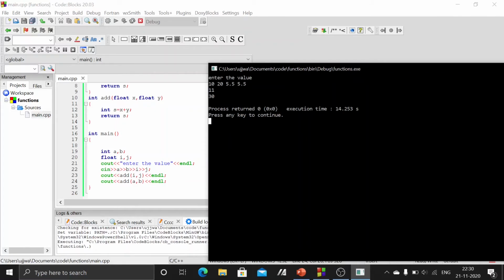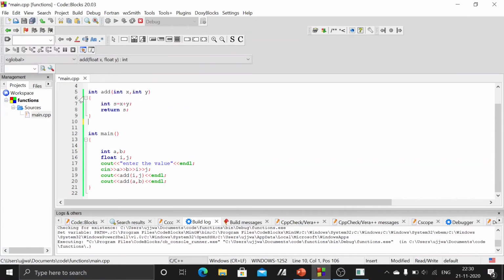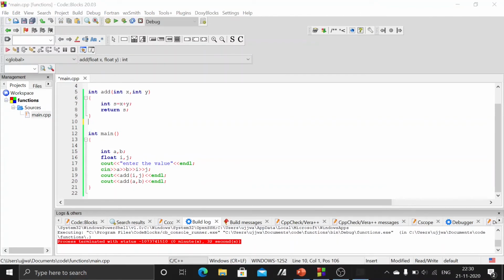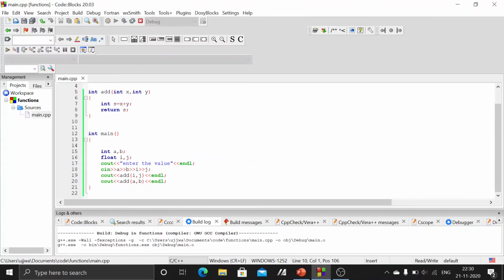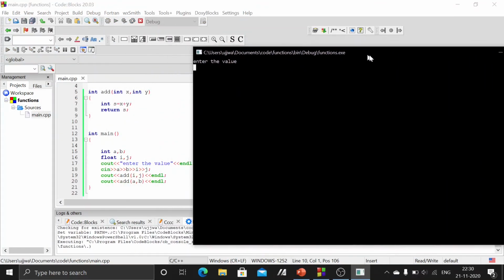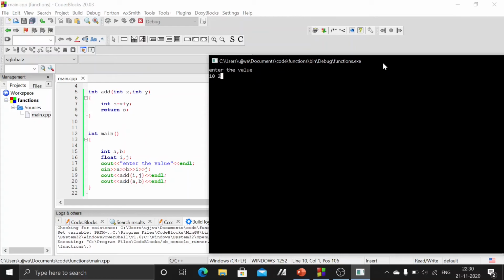But instead, if I don't have this function, and now I run the code with the same values, that is 10, 20, 5.5, 5.5, first of all for 5.5 and 5.5 you can see it gives me the value 10 instead of 11.